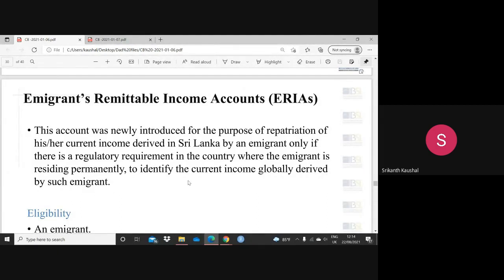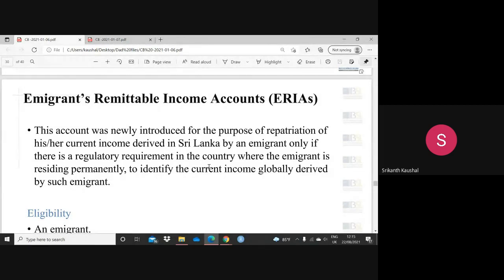Okay, so they want to know, if one person comes and takes a PR in Australia and is getting income, they want to identify these as his income. So these incomes, they might charge a tax. They want to segregate his income separately and his capital transactions separately. That is the reason